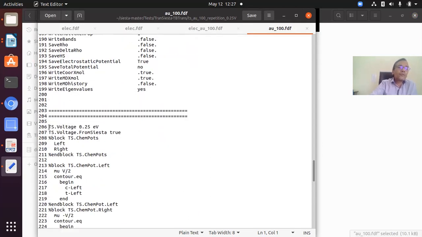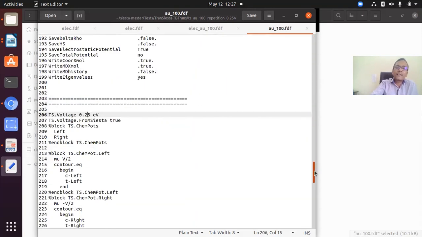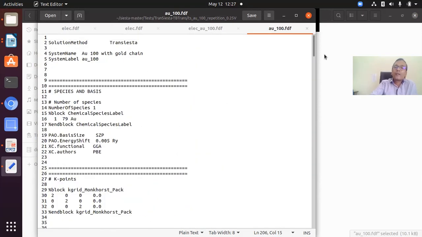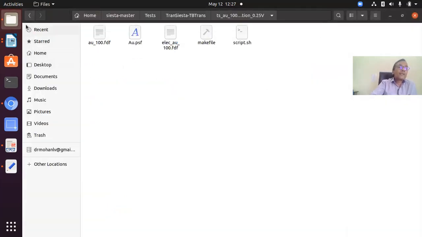This is only for a single bias, a single voltage. If you want to study the IV characteristic, you have to start from a lower voltage, from zero bias up to one specific voltage for that device, so you have to run the program several times. But by using this script, which I am going to introduce here, you just have to give a single command, and the program will run automatically. These are the test files available in the package.